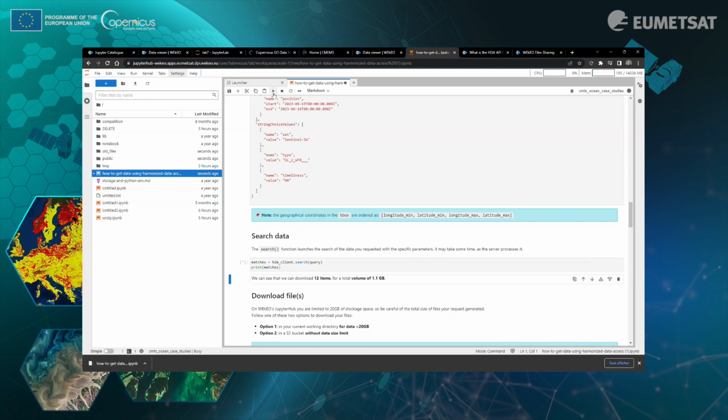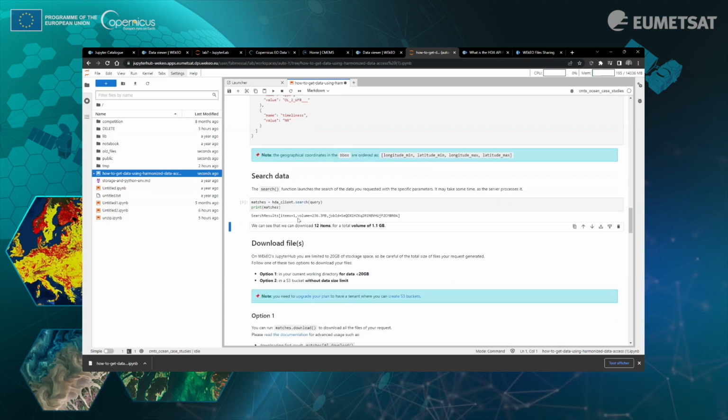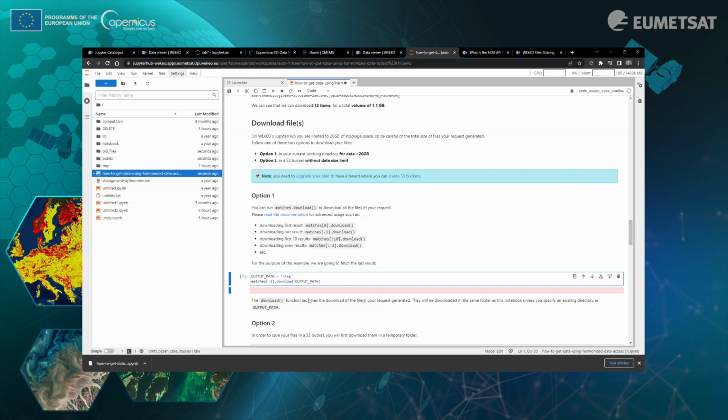So yes, I have a match. I have an item, and now I'd have to download this file. So let's continue, which change this to download the file on my TMP repository.